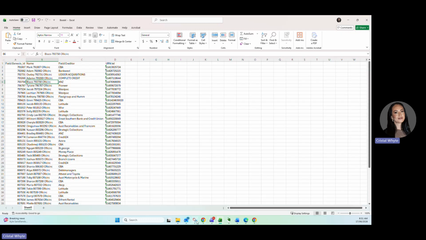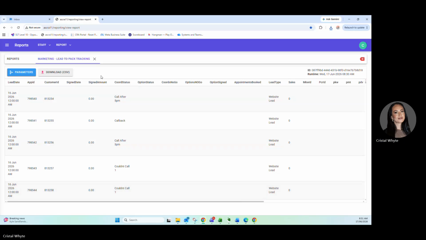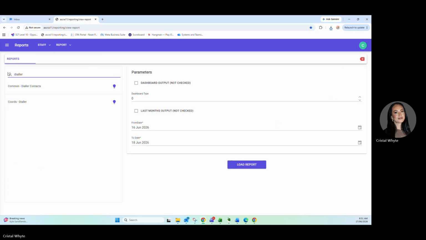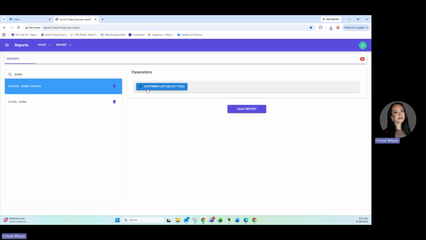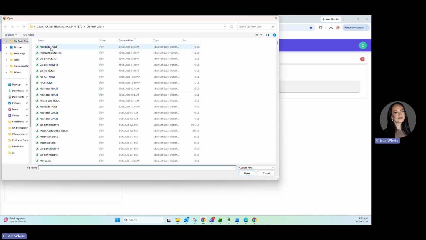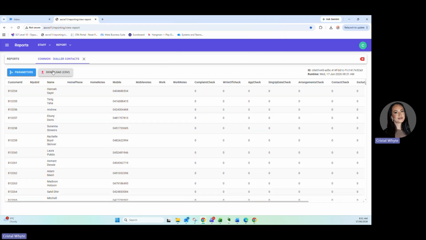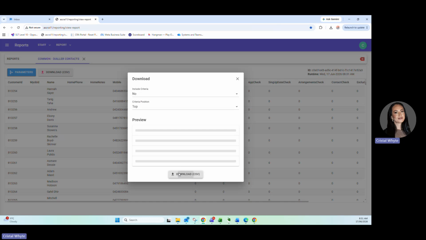You're going to go back to the reporting server again and look for the common dialer contacts. This report will allow you to get the customer's details from any customer ID. So you're now just going to click on that and upload the file that you just saved. Press open and load report. Once this is done, download again as a CSV